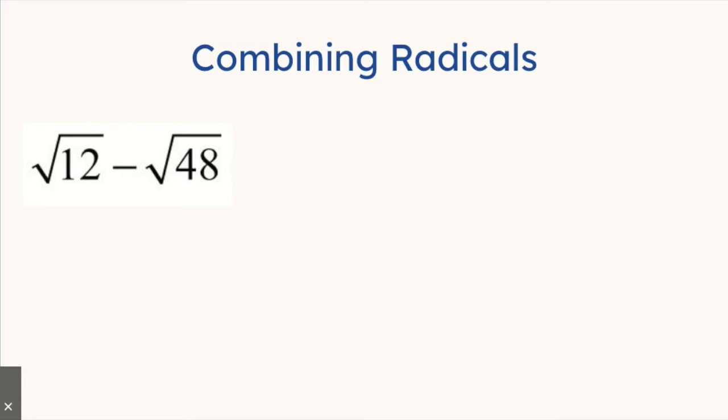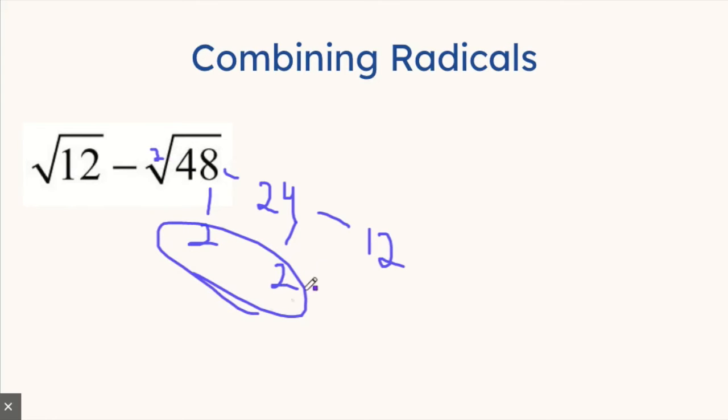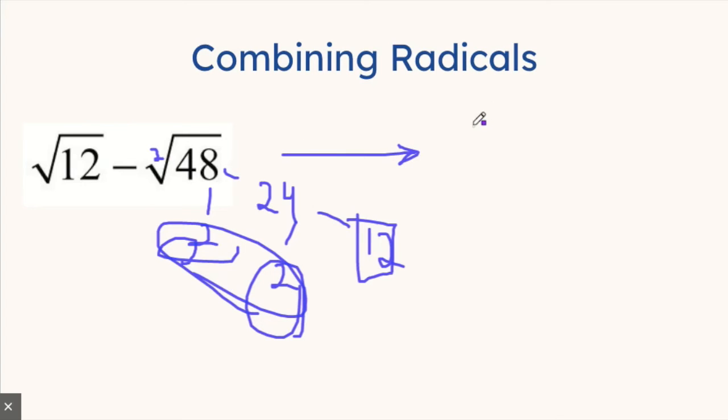Now with this question, we can see that one is 12 and one is 48. So I would want to make this into 12 also. When I take 2 out, I'm left with 24. Take 2 out again, 12. So I can just take, because it's square root, this out, these two, and I'll be left with 12 inside. Now let's rewrite this. We have our radical 12